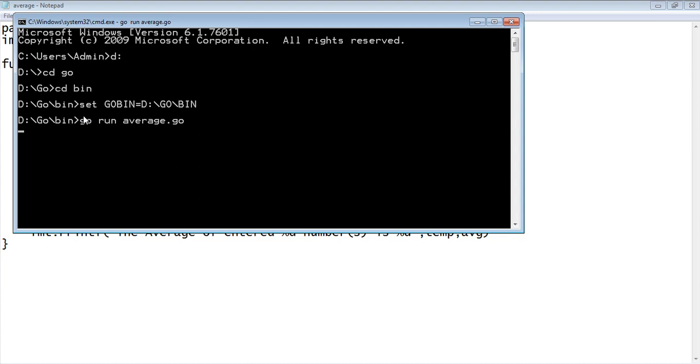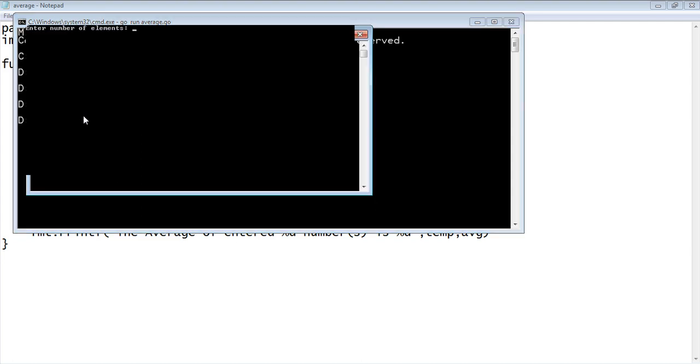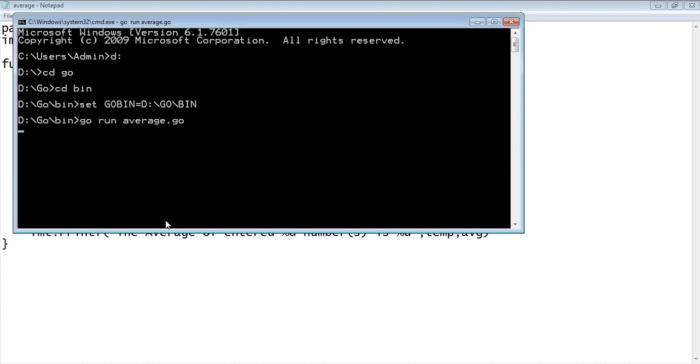I am telling you again, here you need to disable the antivirus or add this executable file, which is the output of this Go program, to the firewall exceptions. If you don't do that, it will take some time, as it's taking for me, and you can see there is a popup from Avast. I'm not sure if the screen capture is capturing that. This will delay you in executing the program. So if you add the exceptions, it's well and good. It will save you some time here. Okay, so you do that.